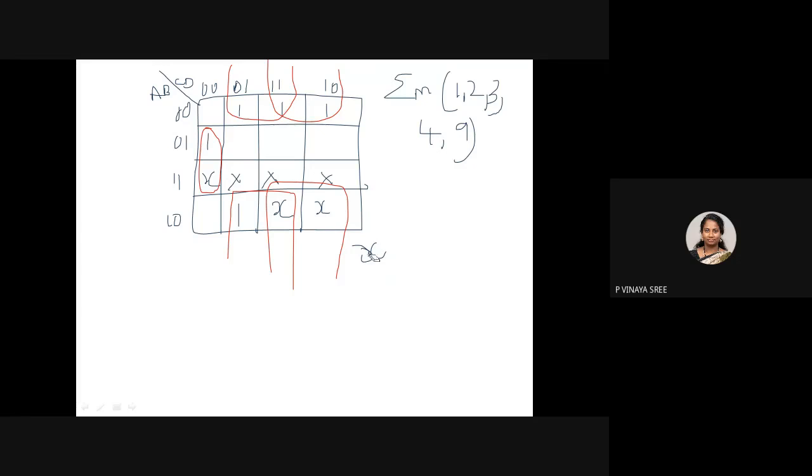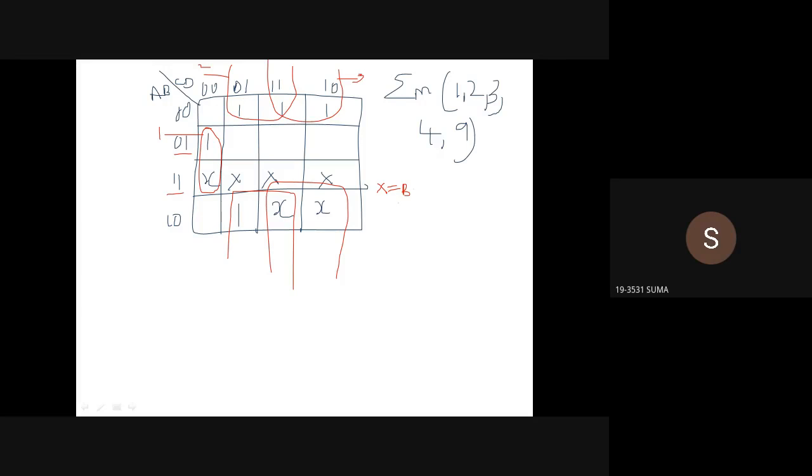I want an answer, ma. Let me give numberings for this. Okay. So let me take this one as 1, this one as 2, this one as 3. Tell me the expression for 1. First, it is for X, no? We are calculating for X output only, no? Yes, ma'am. Okay. So X equals to, so if you see in this 2, we'll be getting B D, and